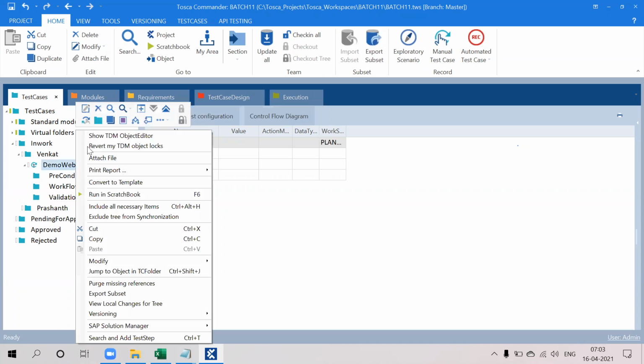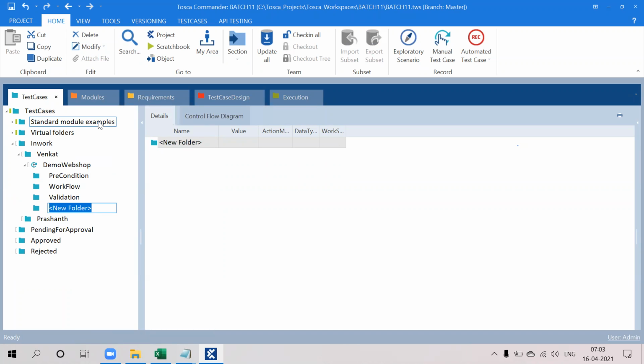You can have one more folder called post condition. So this is the structure you need to follow whenever you are creating a test case.